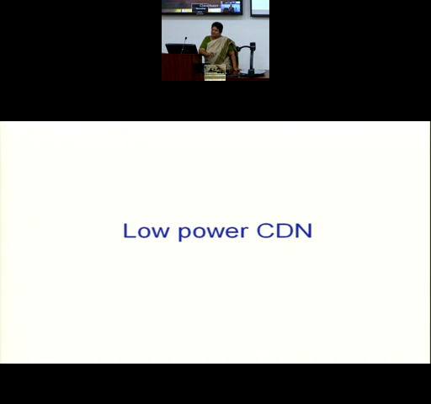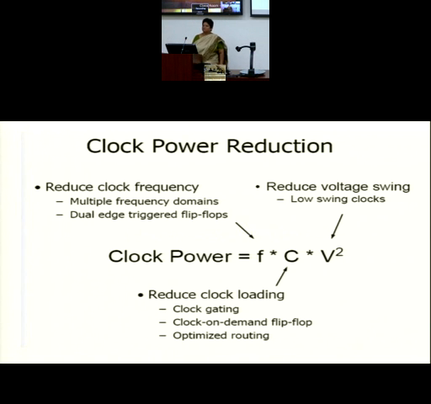Skew is something relative between 2 spatial points. So skew is related to clock delay, but it is the arrival of the signal at 2 different points with respect to each other. That is skew. At the same time, I also want my phase delay, that means a signal traveling from A to B must take minimum time. Okay, so now leaving aside skew and delay, let me look only at my power consumption, and mainly we will be looking at the dynamic power consumption, a component which is related to the clock frequency, which is a major source of power consumption.